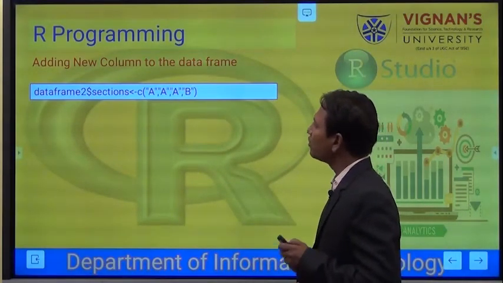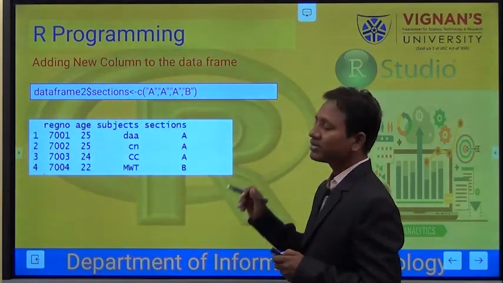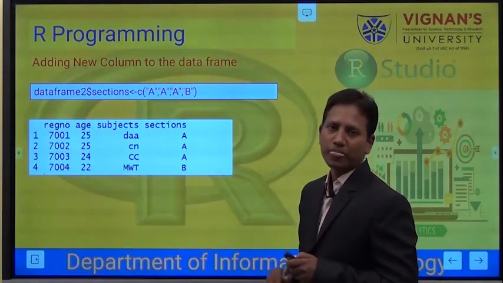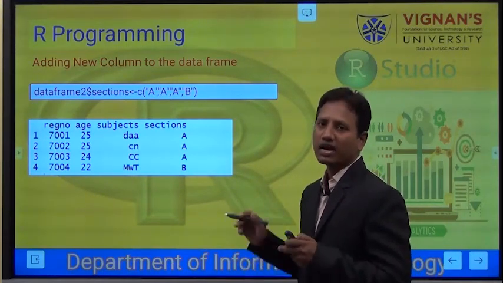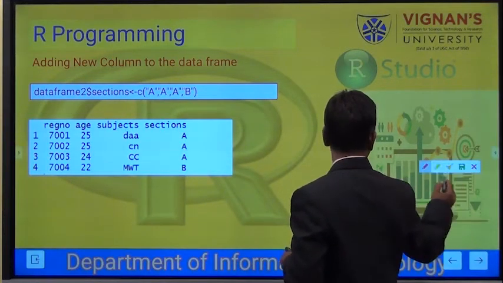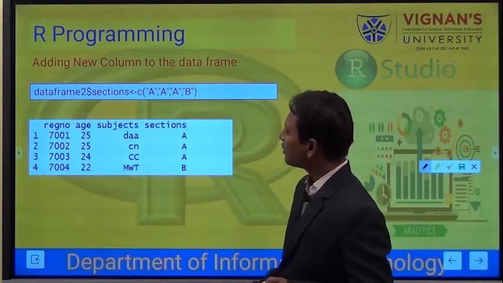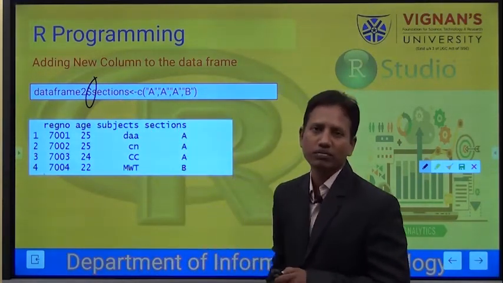So how to add a new column to this data frame? This is very much similar to lists only. In lists we have used the indexing, and here we are using the dollar symbol. As I told you, dollar is used to pick one particular column.